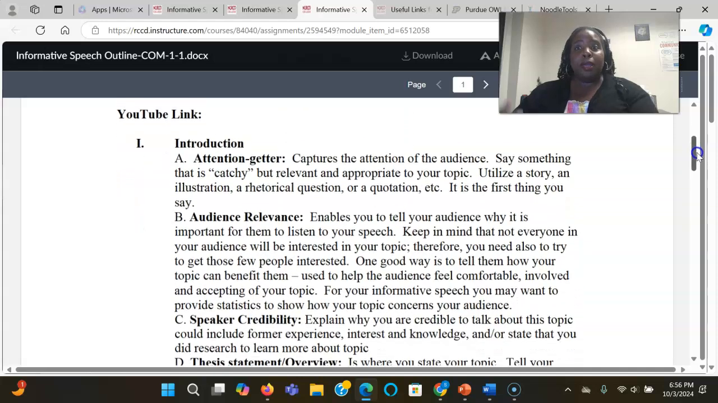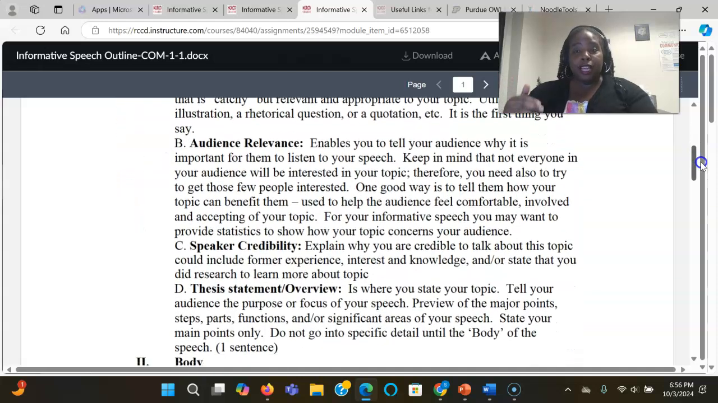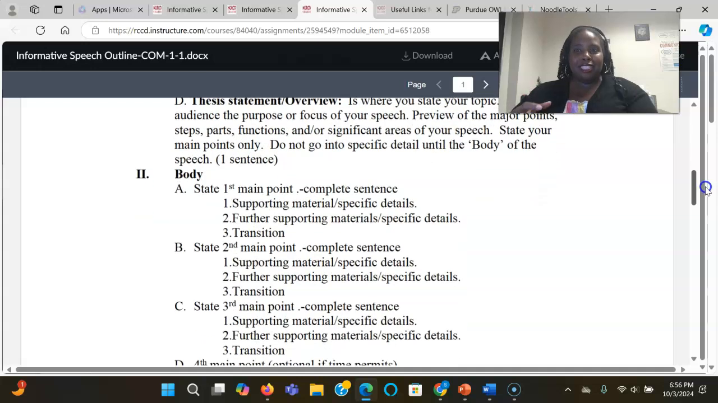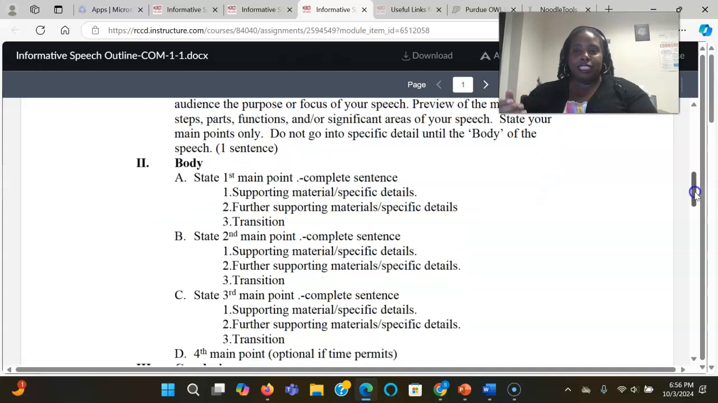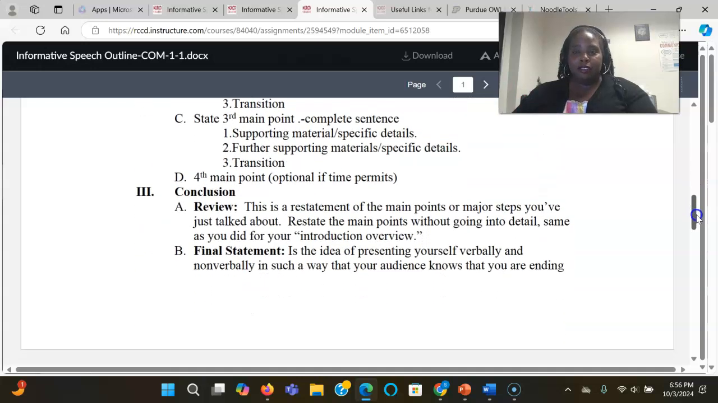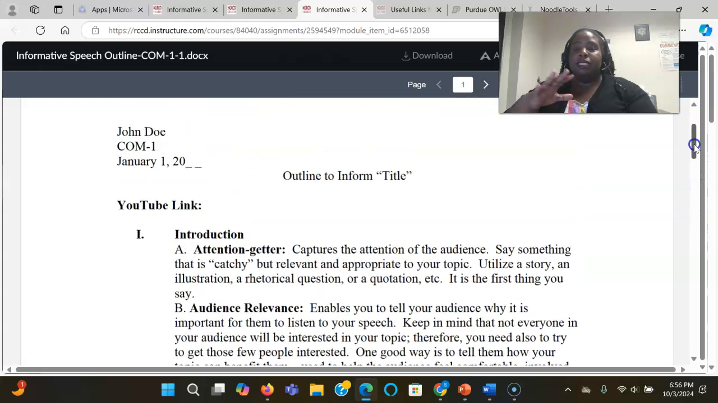So overall, we might be more familiar with this topical format because it's reminiscent of college essay writing. But some of the key differences are this is an outline format. So for instance, when I'm listening to your speech, I need to be able to look at your outline because